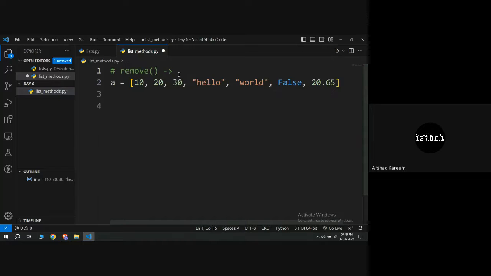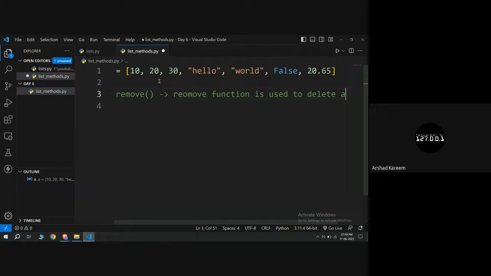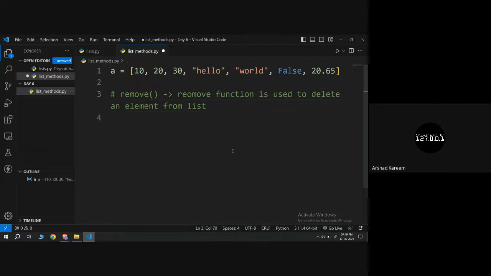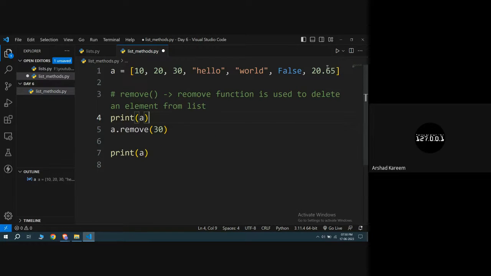So today we are going to discuss the remove function. This remove function is used to delete an element from a list. So how can we do that? For example, here if I want to delete the element 30, I can simply say a.remove(30). And if I print our list now, and also before removing the element, let me print once again. So if I run this program,